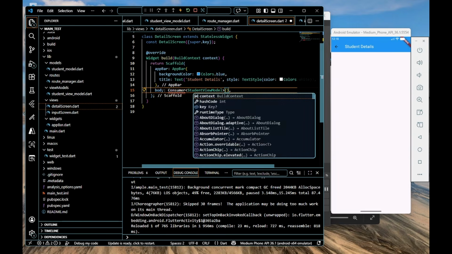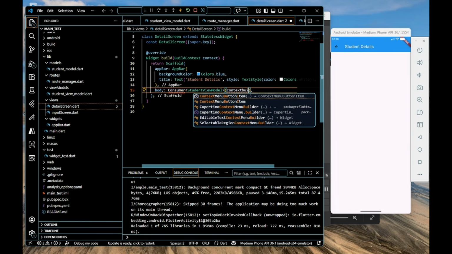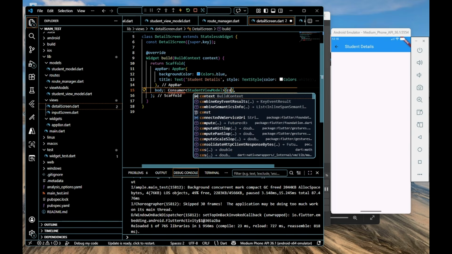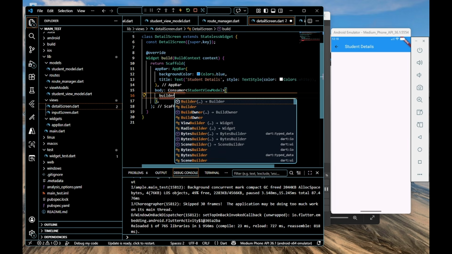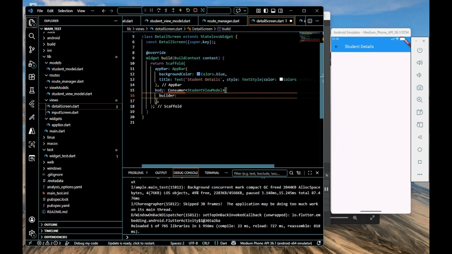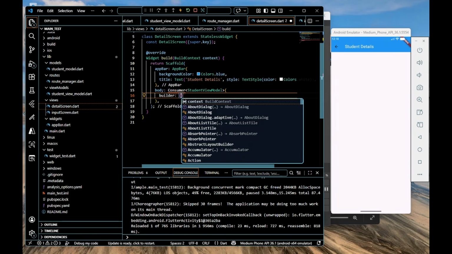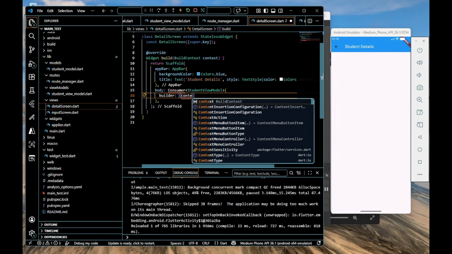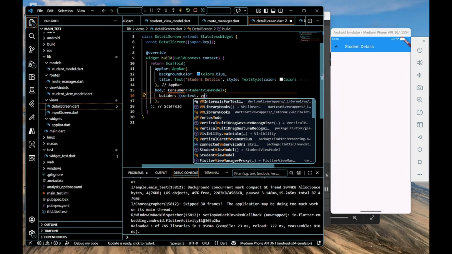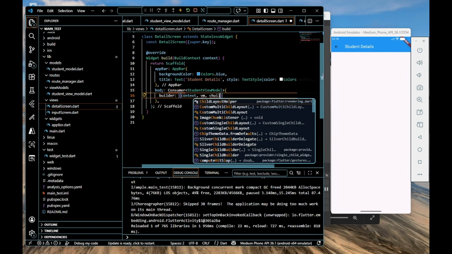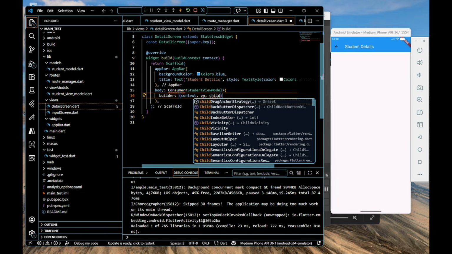And then the student view model is going to have our builder, okay, and then the builder is taking a context as an argument, the VM, which is a view model, as an argument, then a child as an argument,